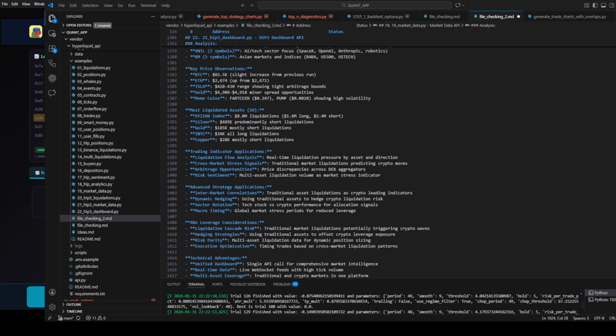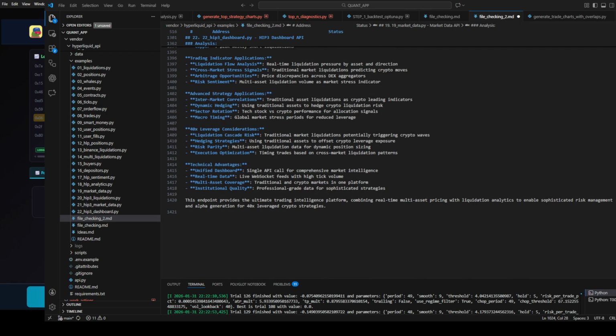Advanced stress strategy applications: intermarket correlations, traditional asset liquidations as crypto leading indicators; dynamic hedging, using traditional assets to hedge crypto liquidation risk; sector rotation, tech stock versus crypto performance for allocation signals; macro timing, global market stress periods for reduced leverage, I would say reduced position size,